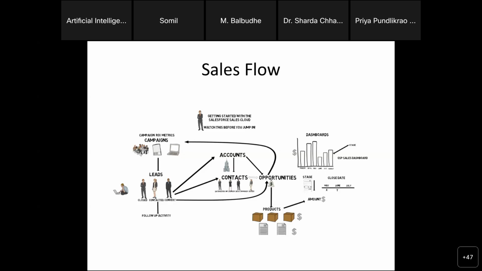So क्या होता है कि जब कोई person आपसे बात करता है, when some person is coming to you and he is asking you for the information related to your product, that is lead for you. And lead contains company information as well as your customer information, contact, as well as opportunity. Opportunity means that product which has to be sold. अभी तक सेल नहीं हुआ है, वो सेल होने वाला है. So एक लीड के 3 रिकॉर्ड्स बन जाएंगे.